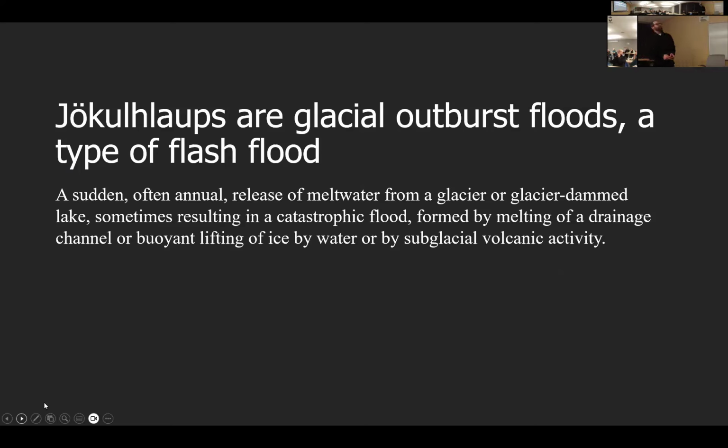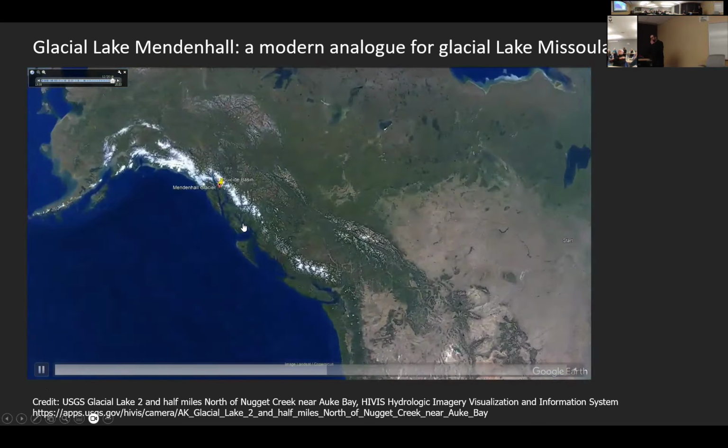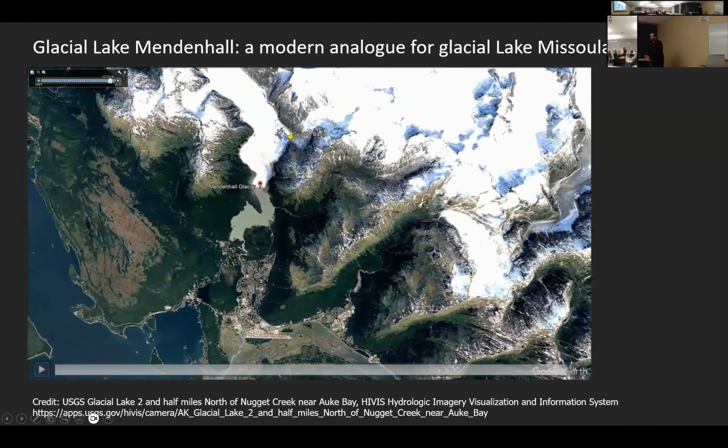So glacial outburst floods, these are something that we see in a lot of glaciers, a sudden, often annual release of meltwater from a glacier or glacier dammed lake, sometimes resulting in a catastrophic flood formed by melting of a drainage channel or buoyant lifting of ice by water or by subglacial volcanic activity. And the Missoula floods were probably the largest known example of glacial outburst floods, but they occur on all manner of scales. And we're going to go to one that happens almost every year now in Alaska, related to the